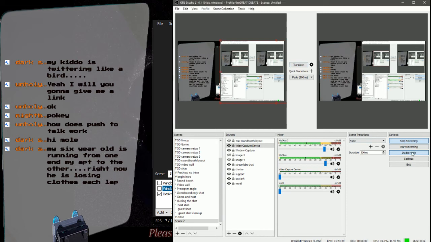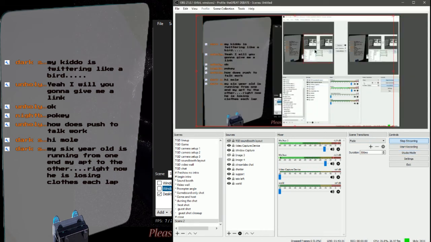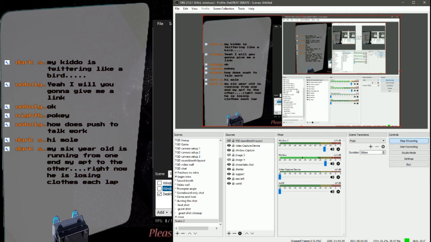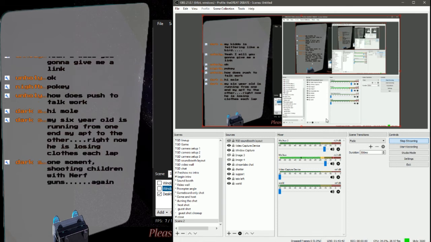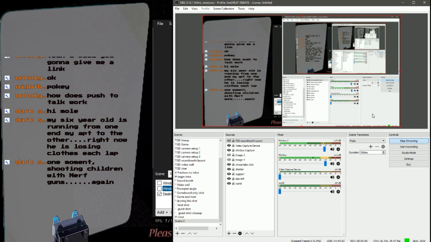Let's not move that. My 6-year-old is running from one end of the apartment to the other right now. He is losing clothes each lap. I hope there's a shower at one end of the hallway and he falls in and you just turn it on. Man down! Throw him in the tub! Wash the evidence away!